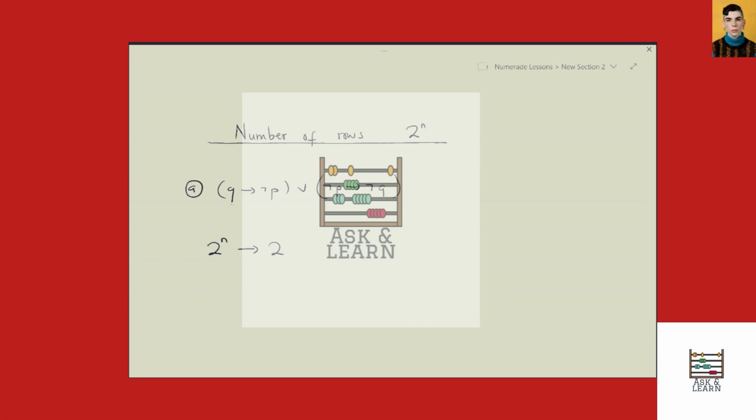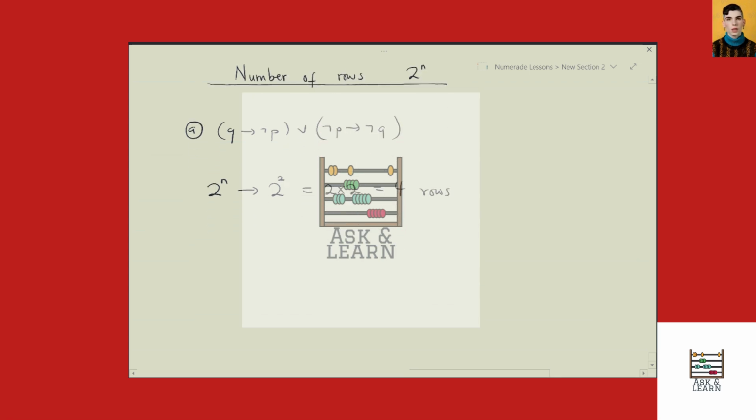So here we have the letters P and Q, and their negations, which are not so different from them. So we have 2. Okay, and that gives us 2 times 2, and that is 4. So it will result in 4 rows. You have 4 rows for the first question. The second part is